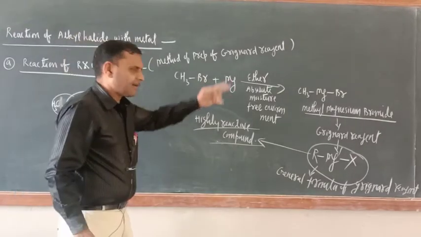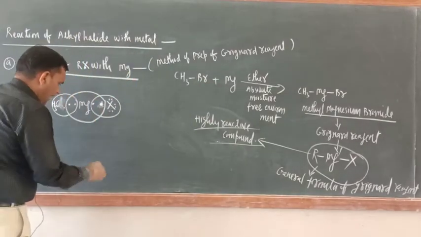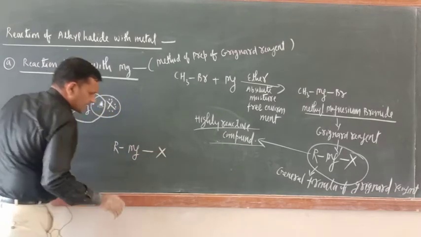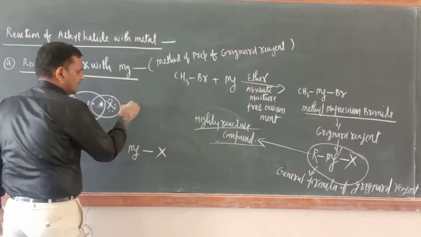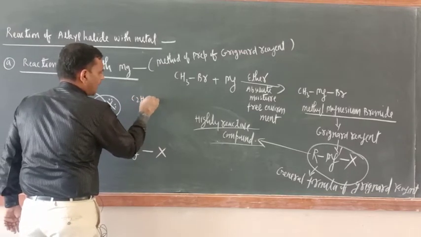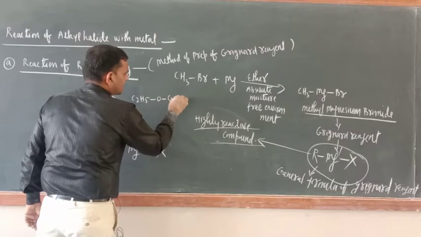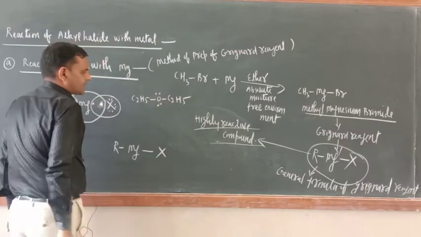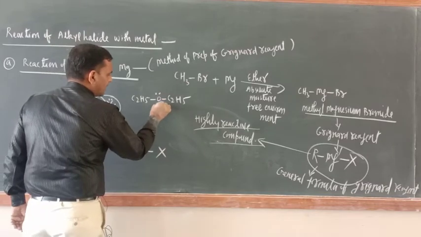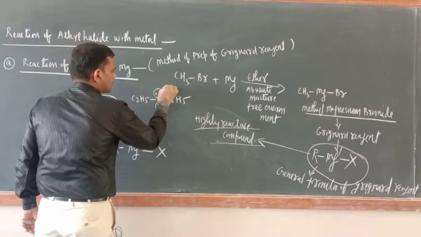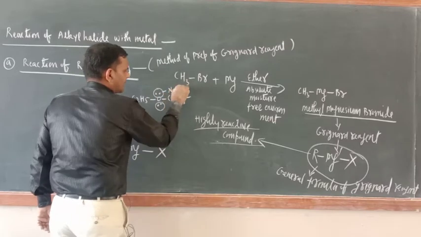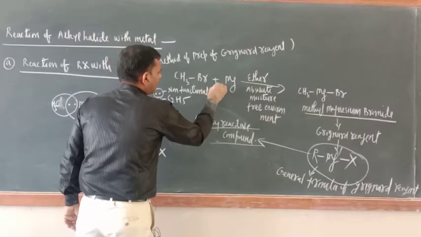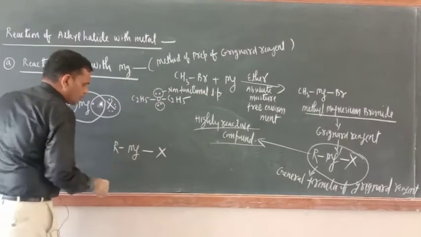Now just see the function of ether. Now write down here R, here Mg and here X. Now ether, I am taking diethyl ether, C2H5OC2H5. Around the oxygen, 2 lone pairs are there. 1 pair is functional, other pair is non-functional. So this is the non-functional lone pair. So take its 2 molecules.